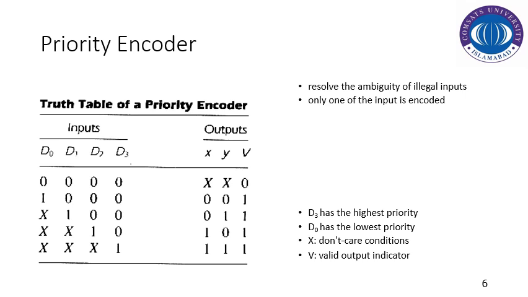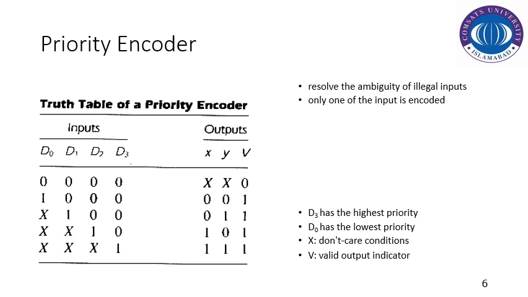So let us discuss the example of the priority encoder, in which we're going to set the priority of the input lines. If multiple lines get high at the same time instant, then the output code for which line should be generated. If you see the truth table of this priority encoder, we've got four dedicated input lines: D0, D1, D2, and D3, and the output lines are X, Y, and one additional output line V in order to represent whether the code is valid or not.